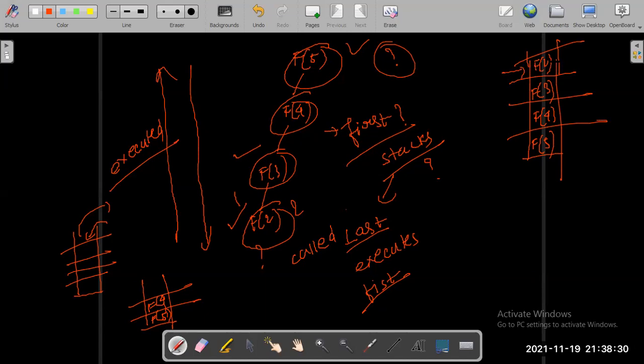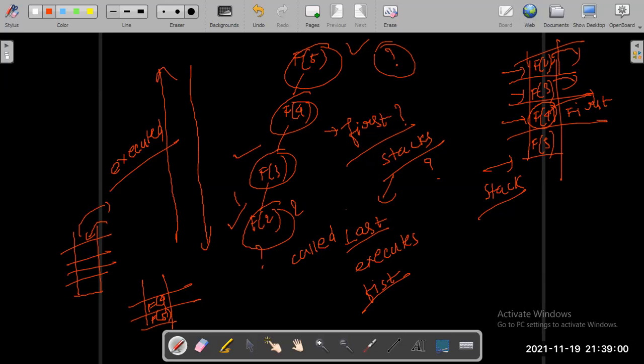It executes first and it is popped out. Then it goes back to f of 3. F of 3 gets executed and is popped out. Then it comes to f of 4. Whatever is at the top of my stack gets executed first, and then that entire function is popped out. Once it is popped out, you can assume that it has completed its execution.